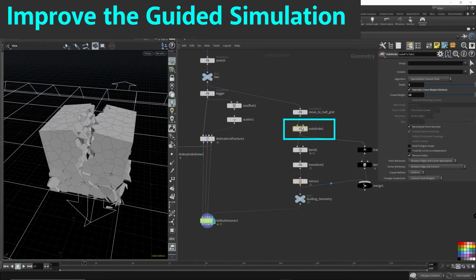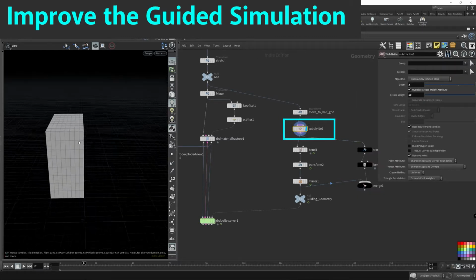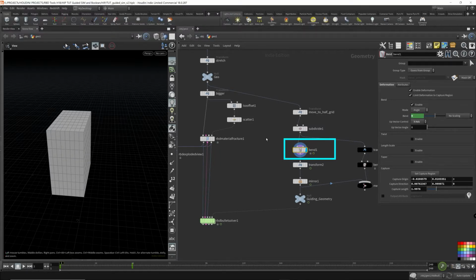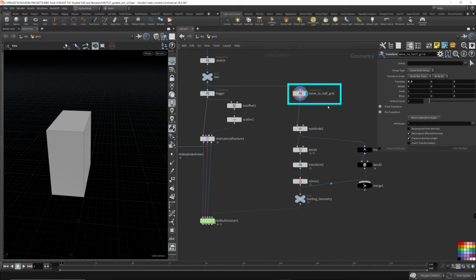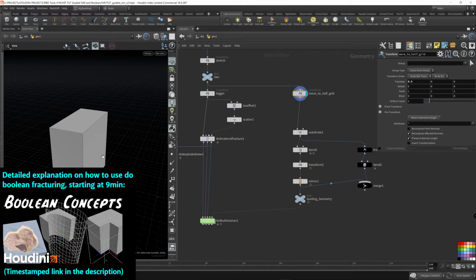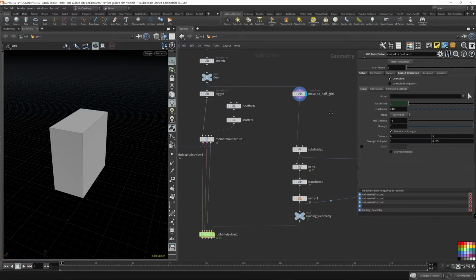Now, how do we get more points in the interior here without changing our bending animation? Say we're happy with this animation. All we want is more points in the interior. Now let's come back over here to the point before we applied the subdivision. Instead of subdividing this, let's use the Boolean solver and slice this into pieces. I'm not going to go into too much detail on how the Boolean solver works with the slicing. I have a different video on that with a more detailed explanation. This video is just mainly going to focus on guiding simulations.